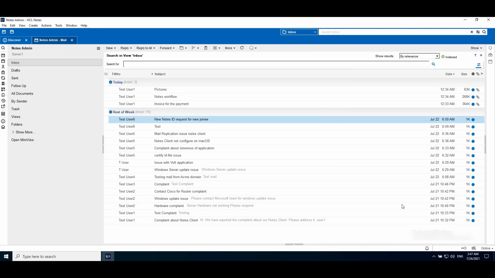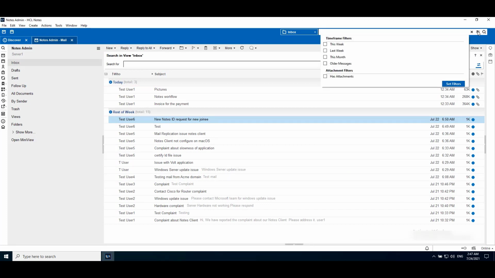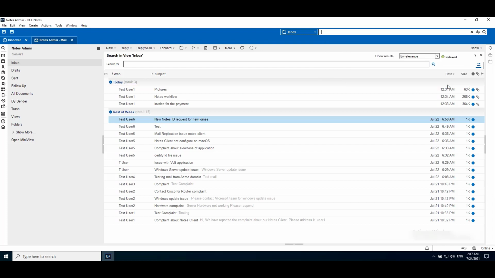It also introduces filters for your search. Click search filter. There is a time frame filter and an attachment filter. Suppose we select the time frame filter this week and the attachment filter has attachments. Click on set filter.